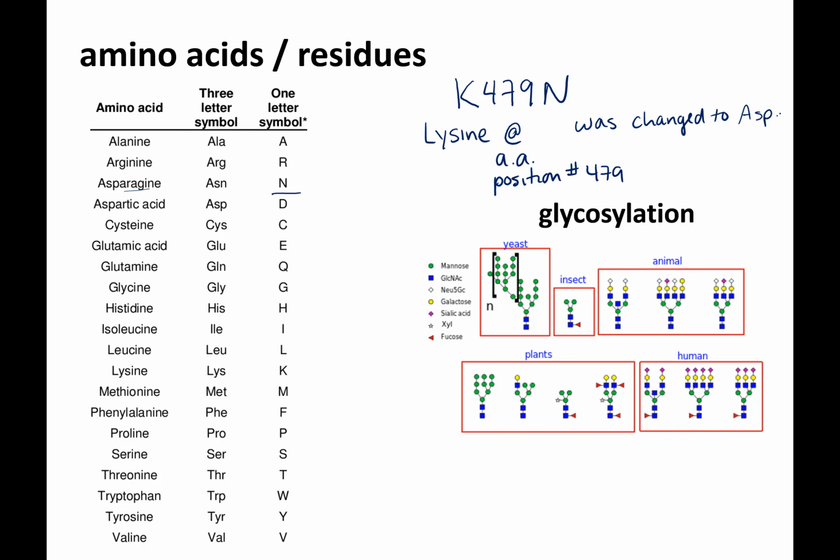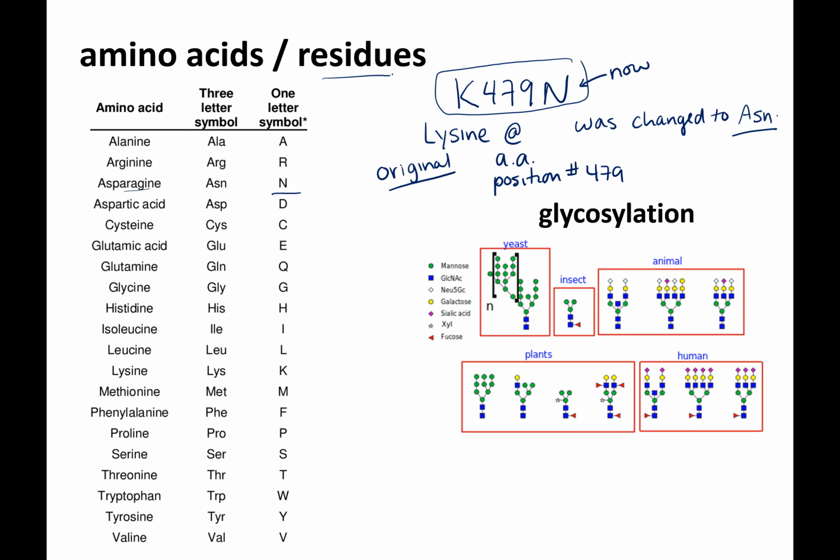Sorry, aspartic acid is ASP, asparagine is ASN. So this is how you interpret what all these letters mean. The original was lysine, and now it's asparagine. So they're going to change amino acids, or residues, between the human and the civet